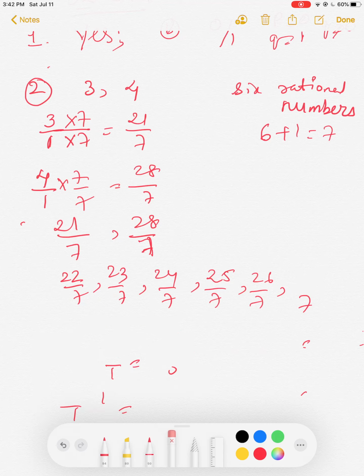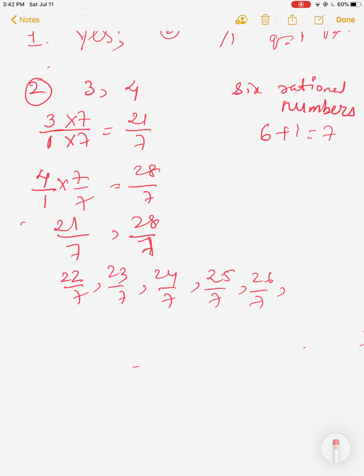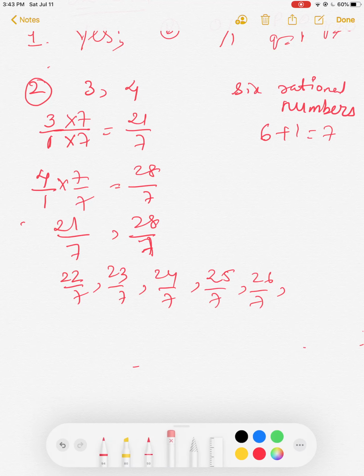Okay, now this is the second one's answer. If you want, madam, we want to take 9 upon 9, no problem. If you take 9 upon 9, you will be getting more numbers. So just to have a smaller range, take one more than what is asked. That will be easier for you. Okay, now let us come to the third problem. What is the third problem here?